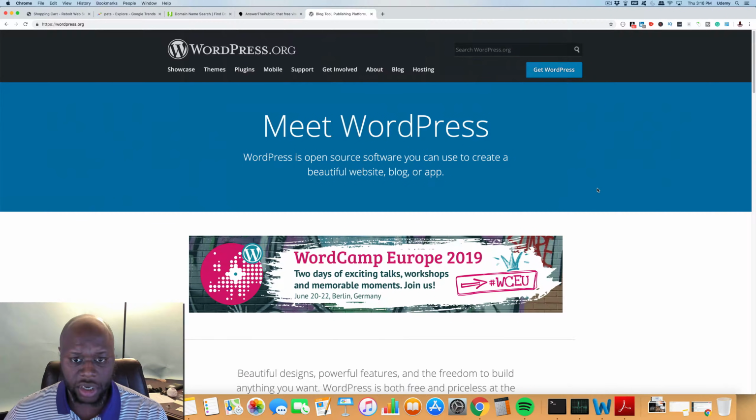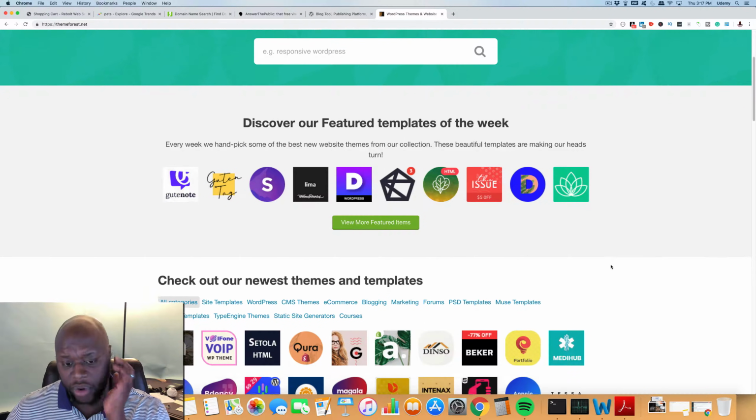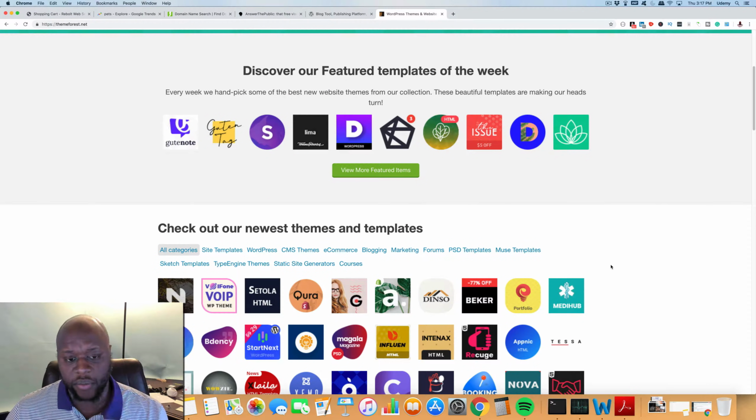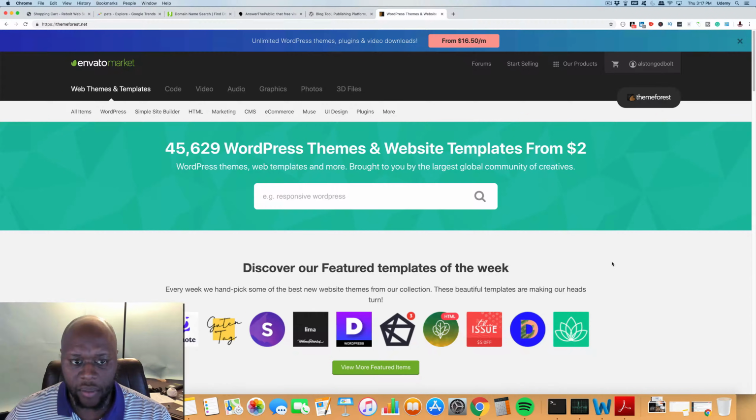Now, as I mentioned, once you have decided on your hosting, your domain name, and your niche, you want to start looking at free or premium themes. You decide. I actually like ThemeForest for finding premium themes. You can find a premium theme in just about any niche to serve just about any purpose. So what you could do is you could type in blog,